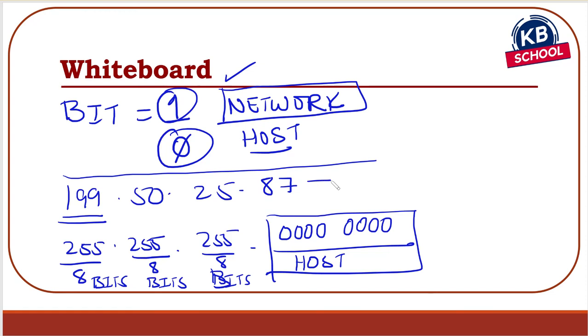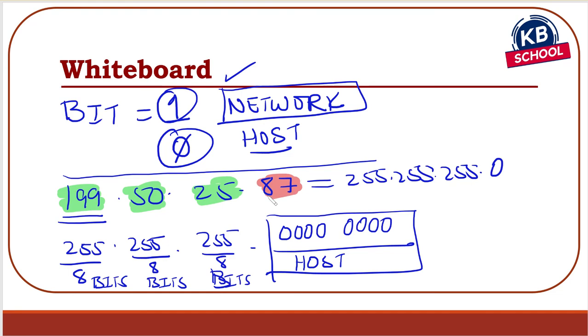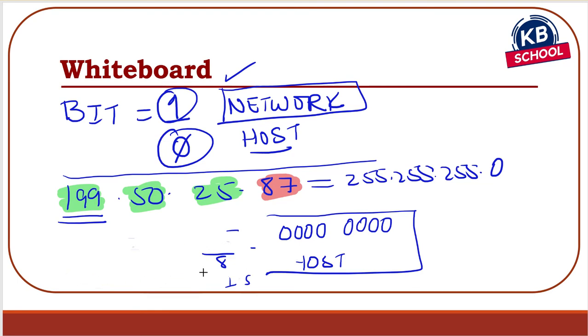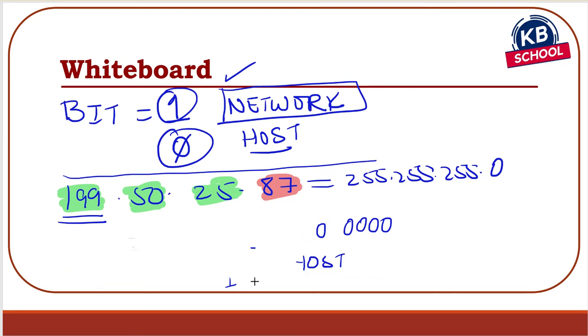So another way of writing this, you can write it like 199.50.25.87, with the mask of 255.255.255.0, basically saying that the first 3 octets are the network portion, and the last octet over here is the host portion. All right. Now, another way of writing the same thing. What is the other way to write it? Rather than writing this long mask, I could have written it like this: